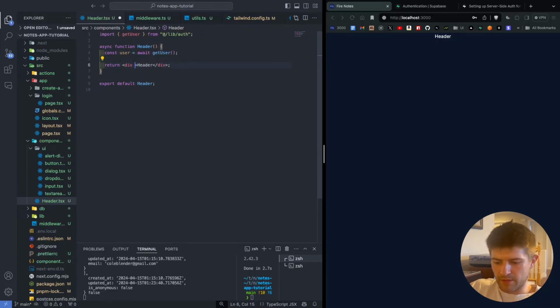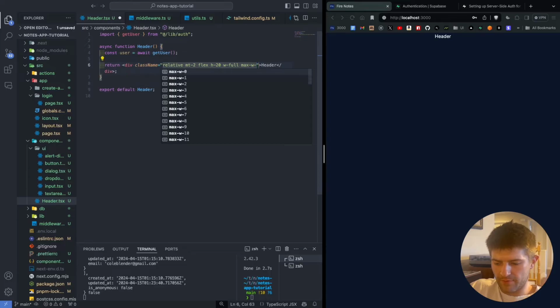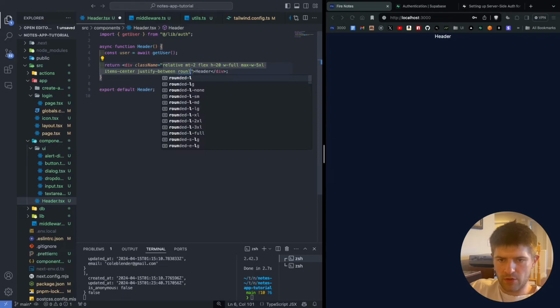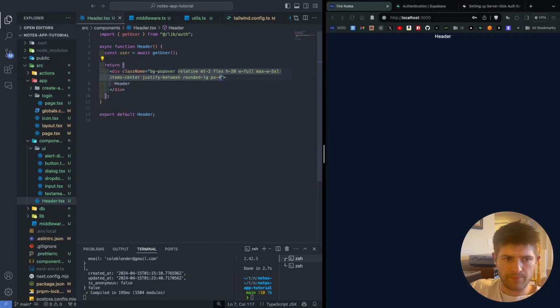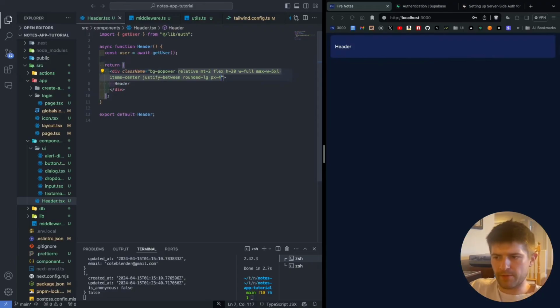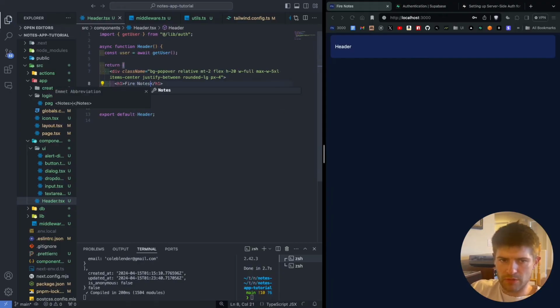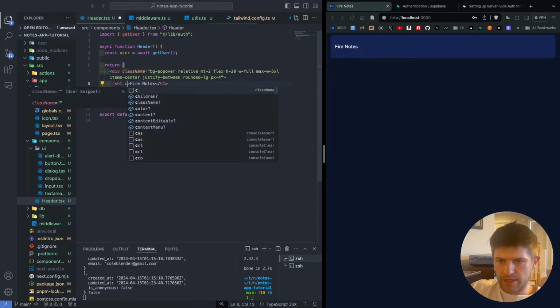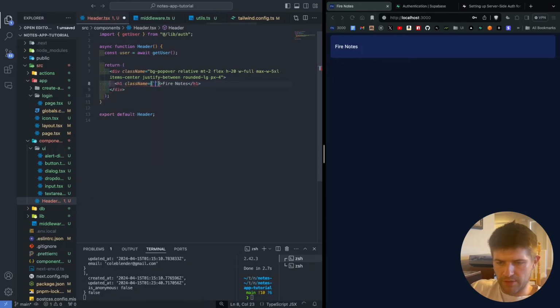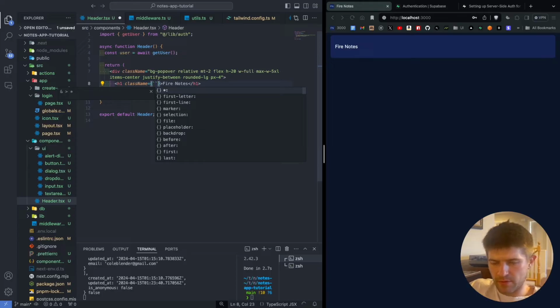So first thing, let's make this look a little bit less stupid. So we come here, we say relative, margin top of 2, flex, height of 20, width of full, max width of 5XL, items center, justify between, rounded large, background of popover, and px of 4. So now that's looking a little bit better. So we're going to have an H1, and this is going to be called Fire Notes. These notes are fuego. Then we're going to add some CSS, and we're going to wrap this in some backticks